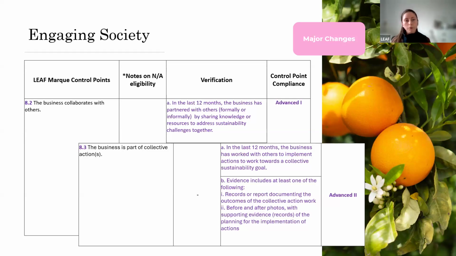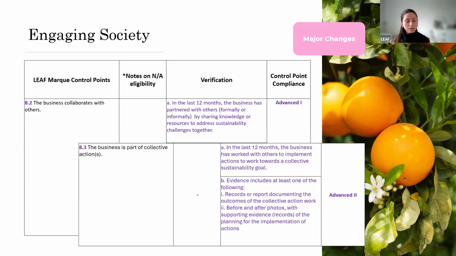And we're proposing this requirement is an advanced 1 category requirement. So this would not be required for certification, but it would be required to achieve the advanced tier of LEAF Mark.